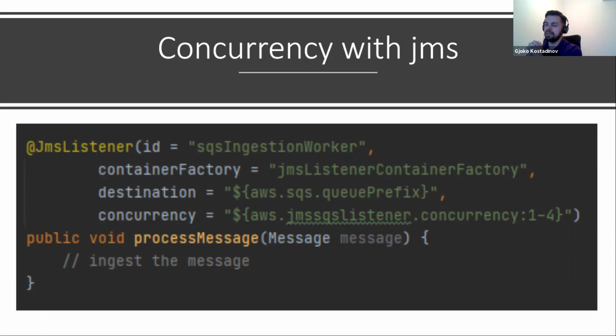What does this mean? This means that at start, the JMS listener will start only one consumer on the thread. And when new messages start to arrive inside the queue, the JMS listener will notice this and will scale automatically. This comes very handy if you are using, for example, cloud. I have used this for ingestion of messages from SQS while deploying the Java application on EC2. And what we did in our case, we used a very similar